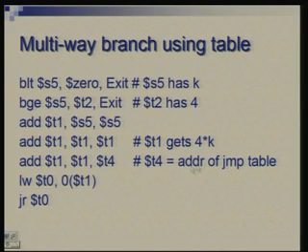Then T4 is assumed to have the address of the jump table, the starting address. The way we prepare the address for an array, the same thing is done. So, the starting address is added, and now the final address is in T1. The contents of the memory location addressed by this are loaded into T0, and then I say JR T0. So, this exercise is to jump to an address which is contained in a table, and which address from the table we pick up is determined by k.